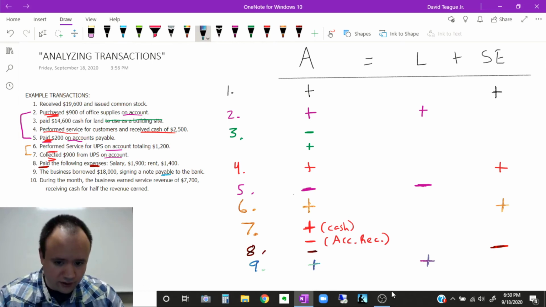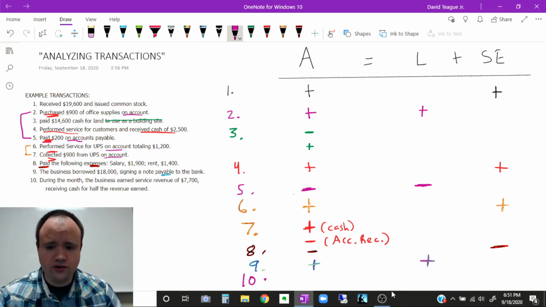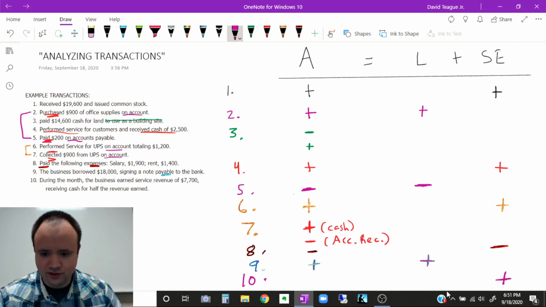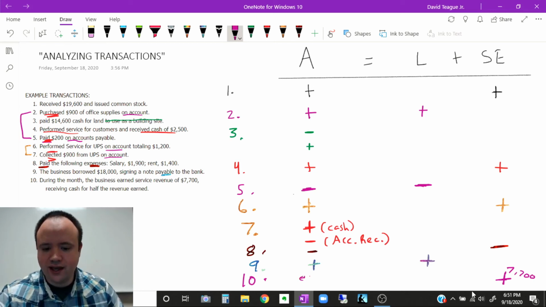All right, number 10 for the last one here. Pick my color here. Let's see. It's been a while since I've used purple. Number 10. During the month, the business earned a service revenue. Boom, right there. We got more revenue going up. Don't even have to finish the sentence. Received cash for half. Interesting. So now I'm going to put the number 7,700 going up for equity for the revenue. So 7,700 goes to the equity, and then half of it is cash over here as this asset, going up